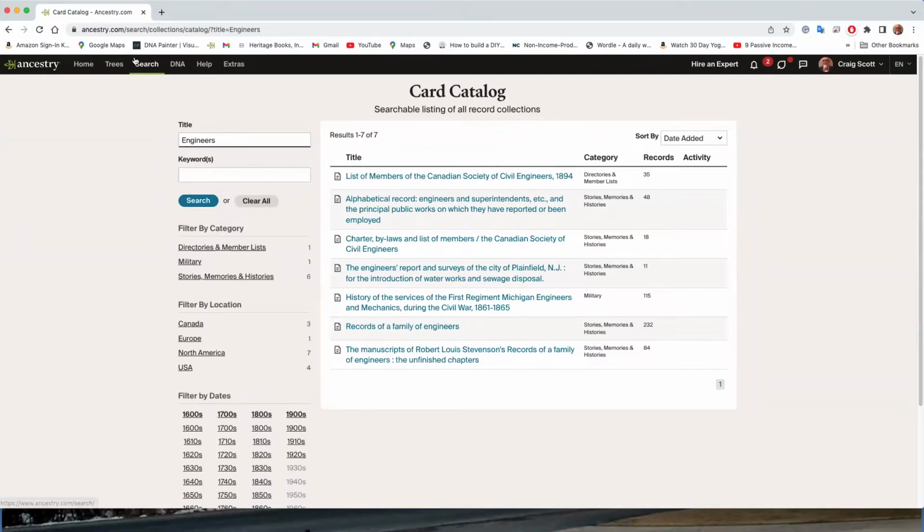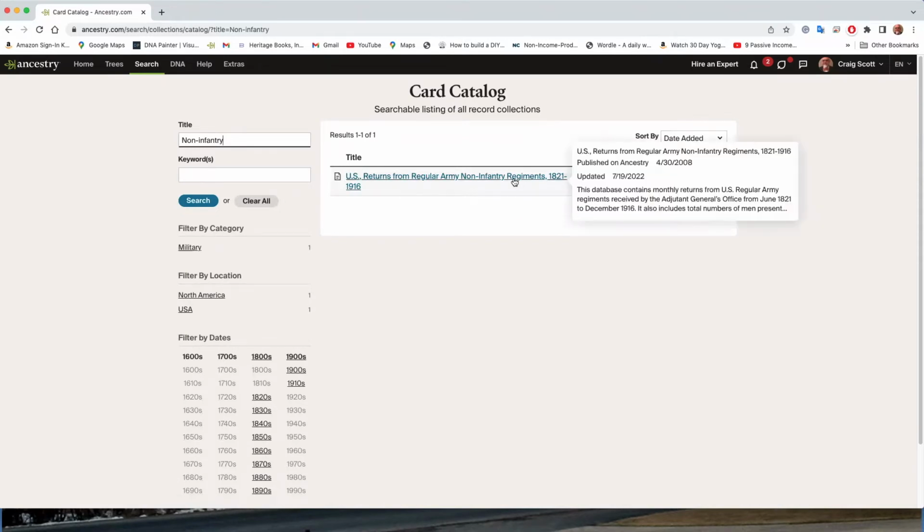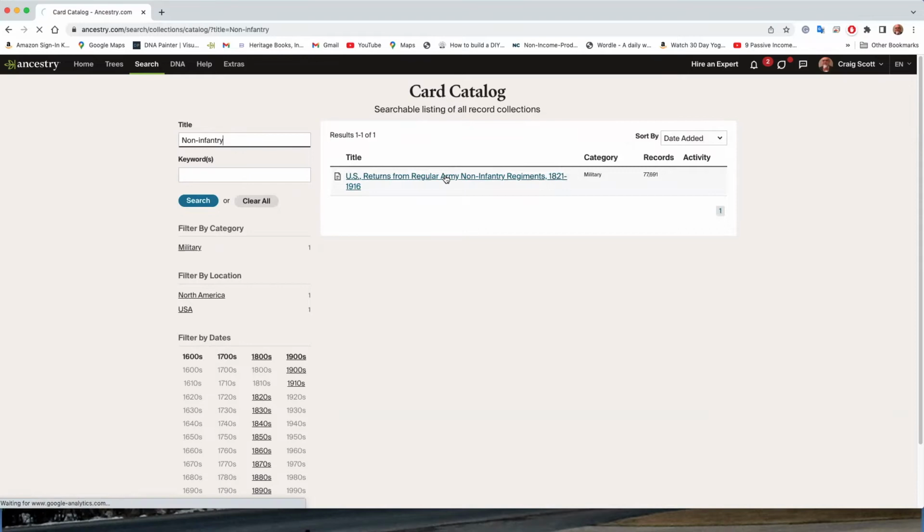Well, they are. So what you type into the title is non-infantry, because they're not infantry. And when you look for non-infantry, you get U.S. returns from regular Army non-infantry regiments, 1821 to 1916. So this is the companion to the infantry regiments. So when we go and pull it up,